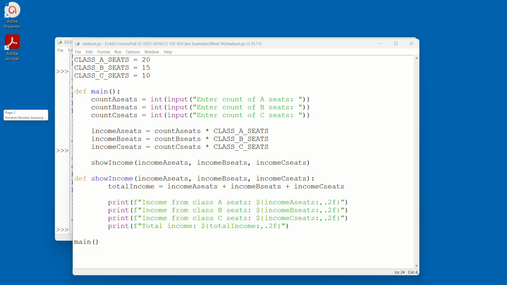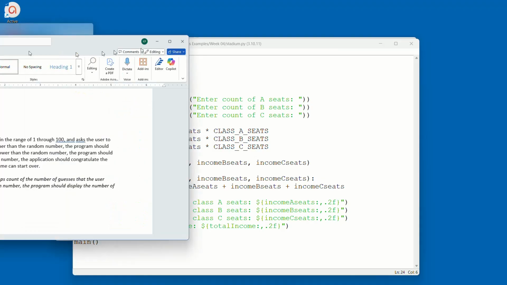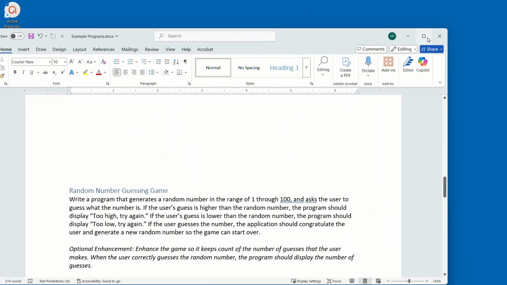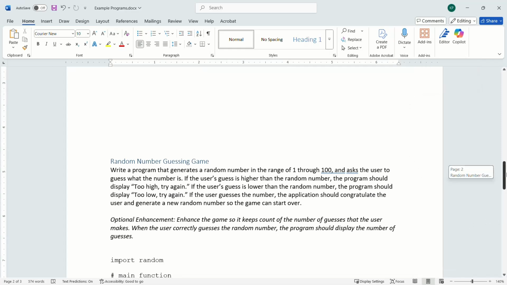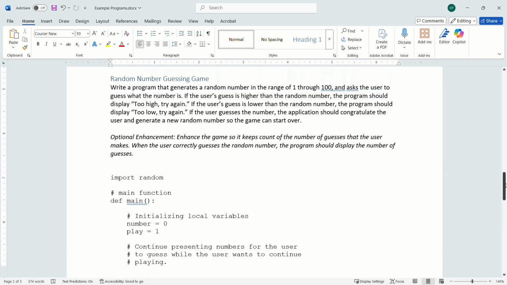but it does. This one is going to be using random numbers. So let me pull this over and we can look at it, and you can see on this one it does have one function. So we're going to write a program that generates a random number in the range of 1 through 100 and asks the user to guess what the number is. If the user's guess is higher than the random number, the program should display "too high, try again." If the user's guess is lower than the random number, the program should display "too low, try again." If the user guesses the number, the application should congratulate the user and generate a new random number so the